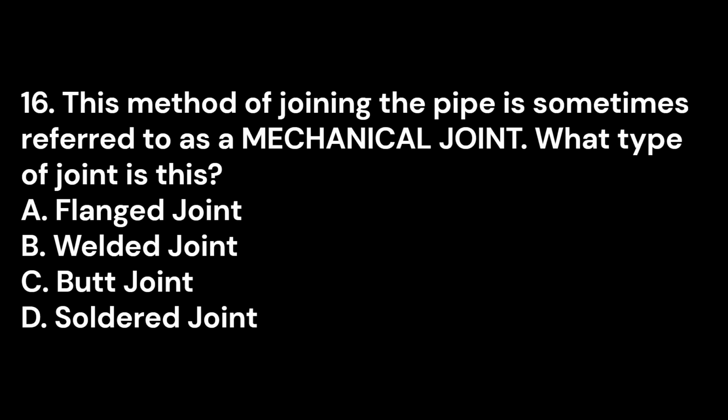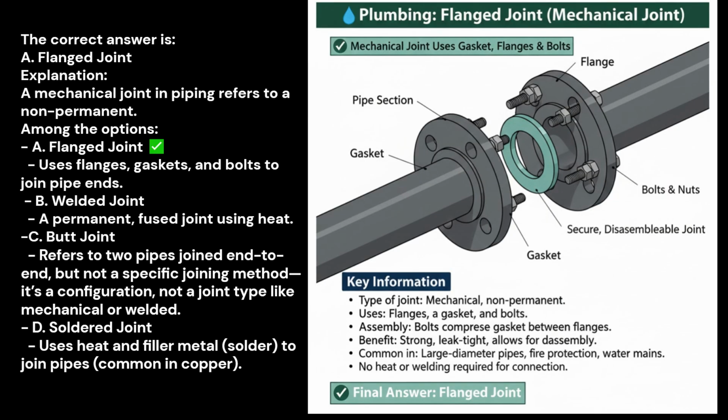Number 16. This method of joining the pipe is sometimes referred to as a mechanical joint. What type of joint is this? A. Flanged joint. B. Welded joint. C. Butt joint. D. Soldered joint. The correct answer is A. Flanged joint. Explanation. A mechanical joint in piping refers to a non-permanent, non-fusion method of connecting pipes using gaskets, bolts,